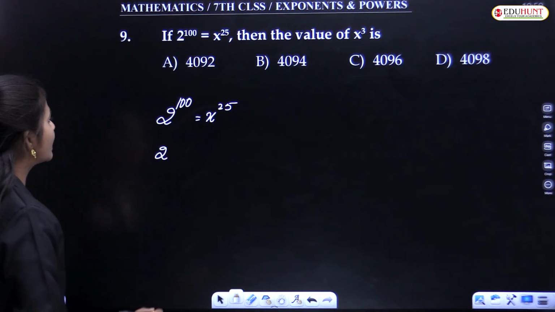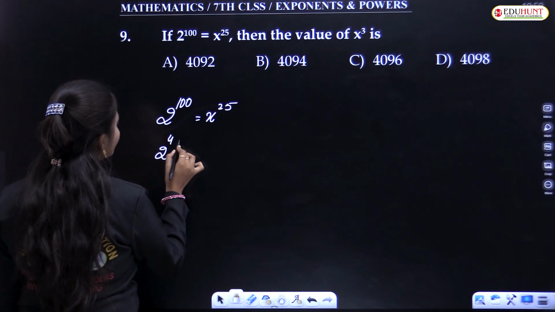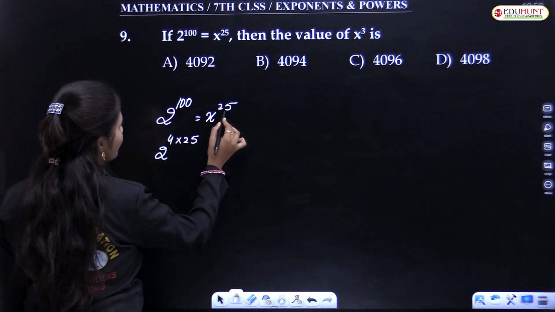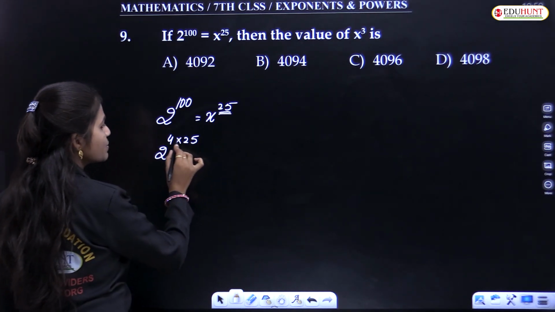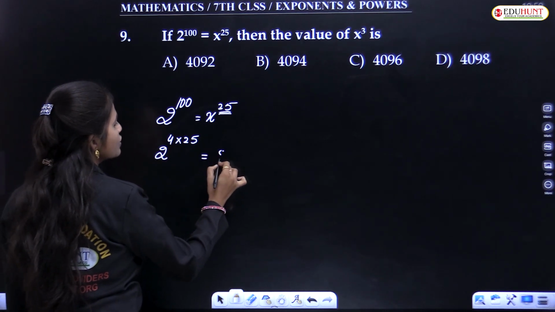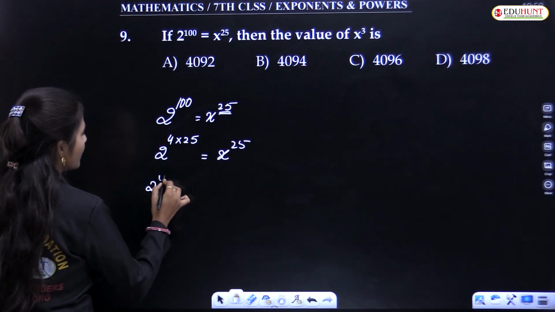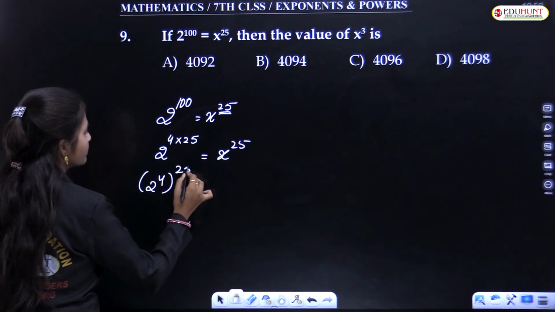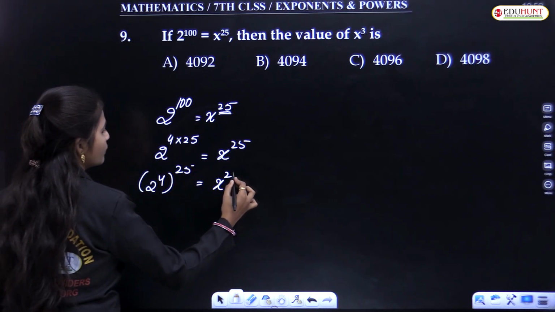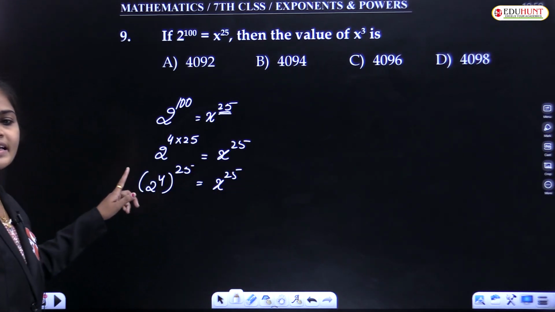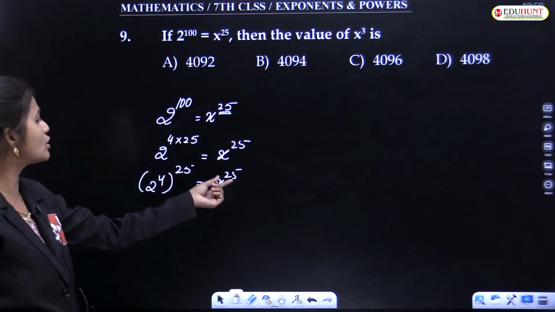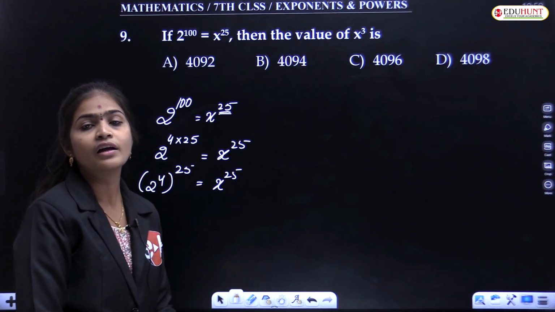25 fours. So we can write this as 4 into 25. Why? Because here we are having 25, no? That's why I took a multiple of 25. So 2 power 100 we can write as 2 power 4 whole power 25, which is equal to x power 25. So when you observe that the LHS and RHS have the same exponents,